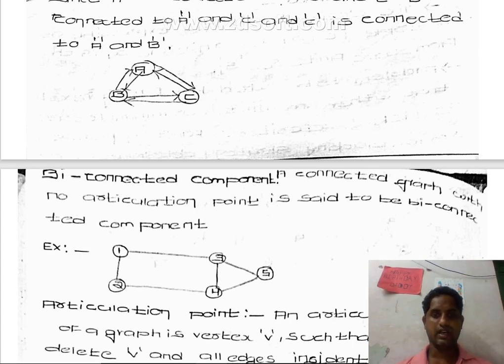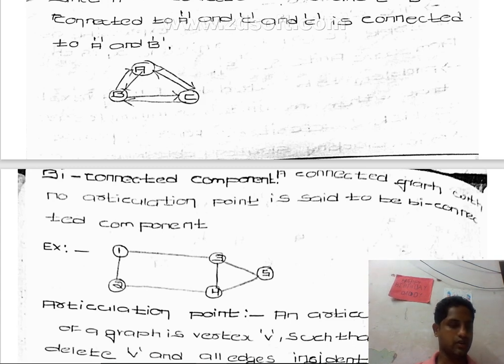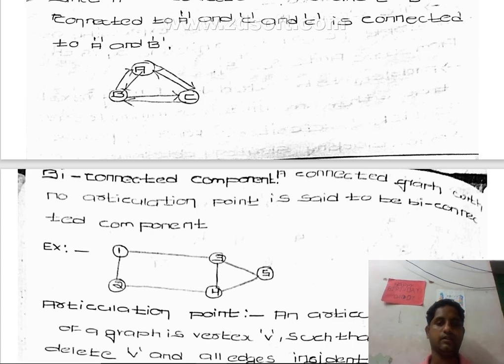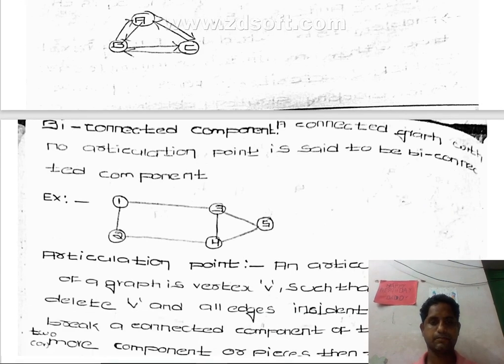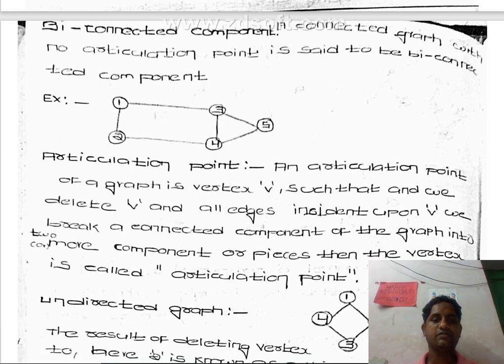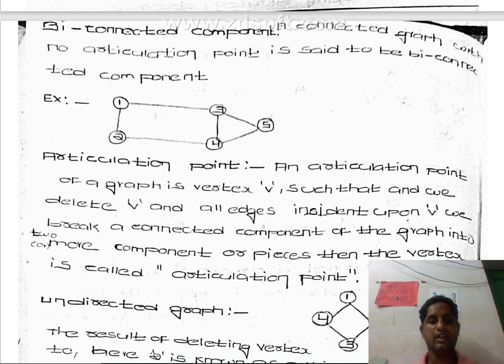A connected graph with no articulation point is said to be a bi-connected component. So, what is an articulation point? An articulation point of a graph is a vertex V such that, when we delete the vertex and all edges incident upon V, we break a connected component of the graph into two or more components or pieces, then the vertex is